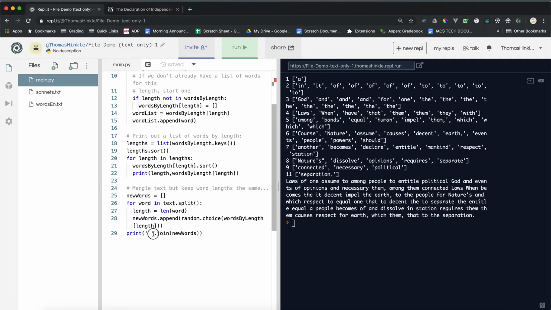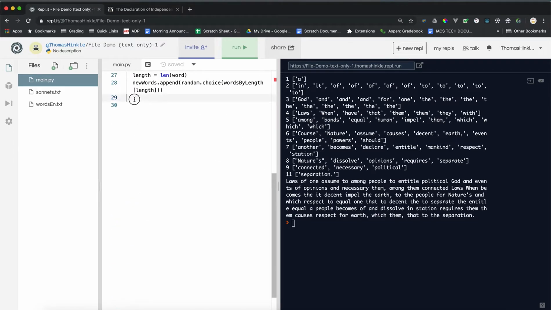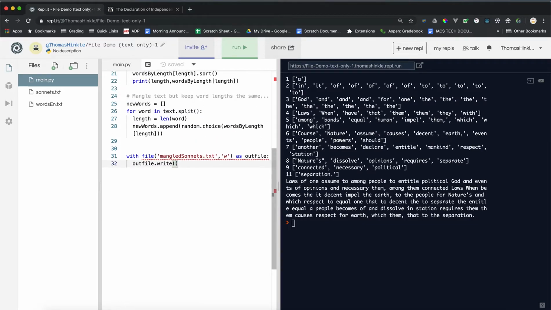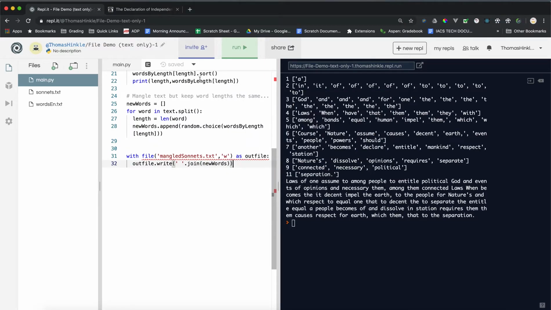And instead of printing out all of Shakespeare's sonnets at the bottom, I'm going to do something very similar, but I'm going to write them. So mangled_sonnets.txt, write. I'll call it out_file just for convenience, so that's a variable, so it doesn't matter. And I'm going to say out_file.write, join, new_words. So if I didn't make any mistakes,